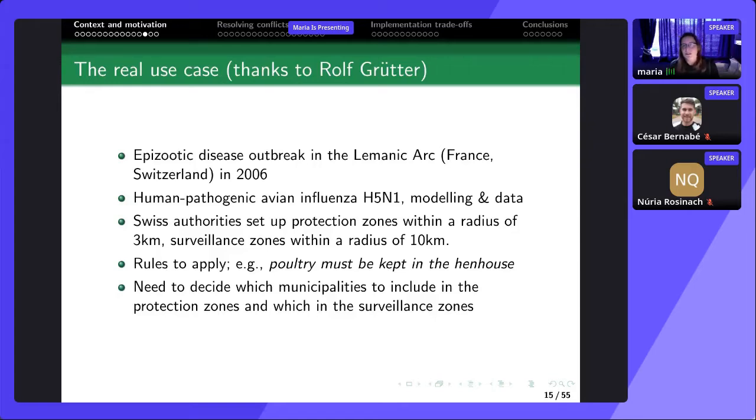The Swiss authorities set up protection zones within a radius of 3 kilometers, surveillance zones within 10 kilometers, and there were different rules that had to be fired and applied depending on where specifically you were with respect to the epizootic disease outbreak. And they needed to decide which municipalities to include in those zones, which ones to exclude, and